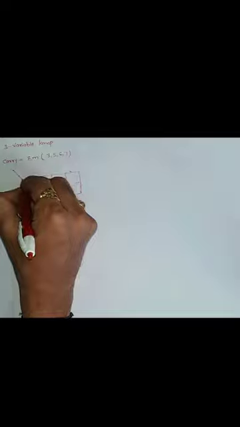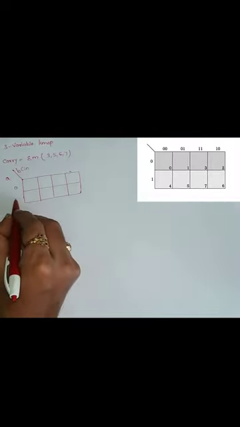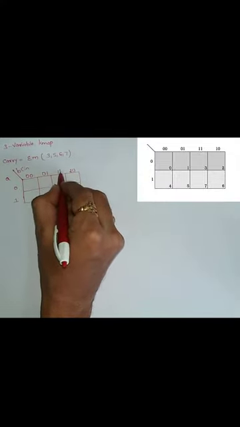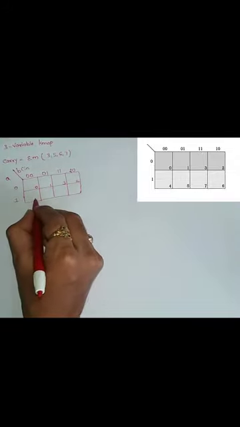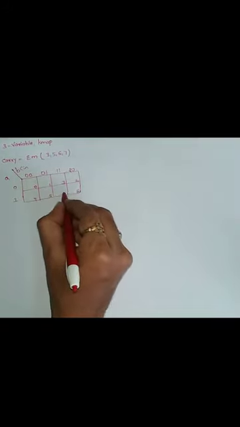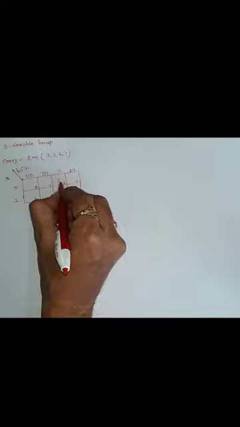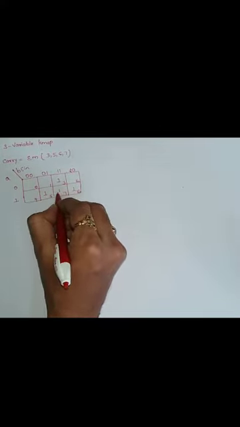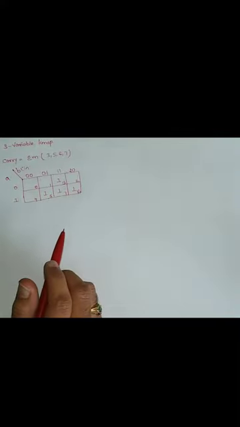So it contains 8 cells. Inputs are A, B, C in, and here it is 0, 1. This is 0, 0, 0, 1, 1, 0, 1, 1. You can write the equivalent here also: 0, 1, 2, 3, 4, 5, 6 and 7. Now in these particular minterm positions we have to put 1. So in position 3 it is 1, in positions 5, 6 and 7. Okay, 3, 5, 6 and 7.